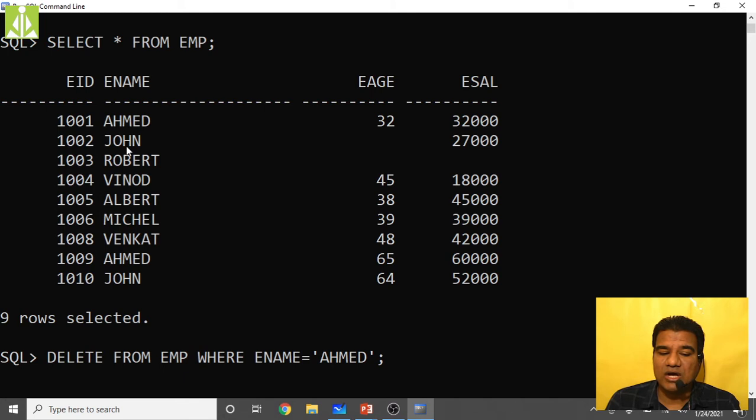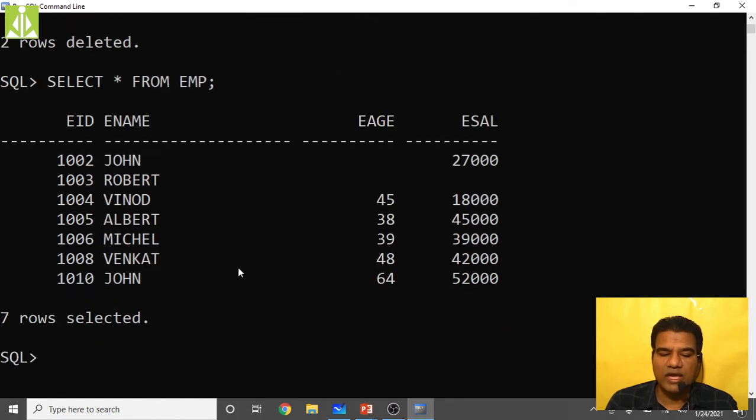I want to delete now Robert, Albert and John. In total it will delete four records, because John is repeated two times. John is here as well as here. So two records of John, one record of Robert, one record of Albert. Total four records I want to delete.